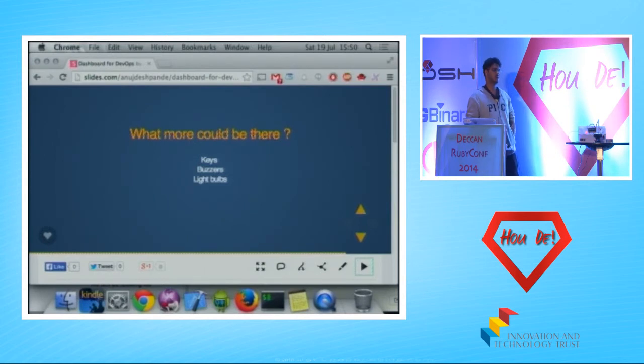Another thing is the buzzer. A buzzer would probably make more sense because it immediately draws attention. Something like the light bulbs in the room. I think it's Heroku or someone like that. Whenever their system is down for maintenance or something, the lights in their office turn red. So that probably has a similar system.